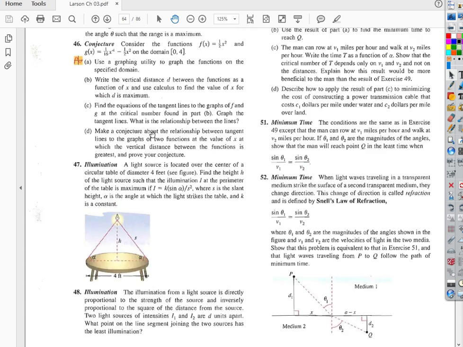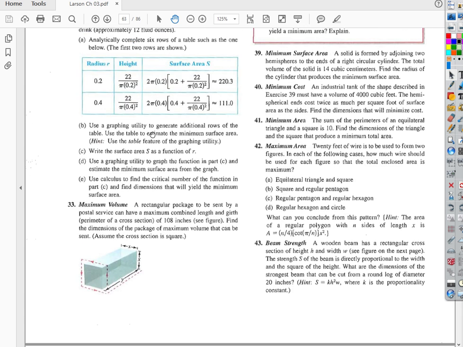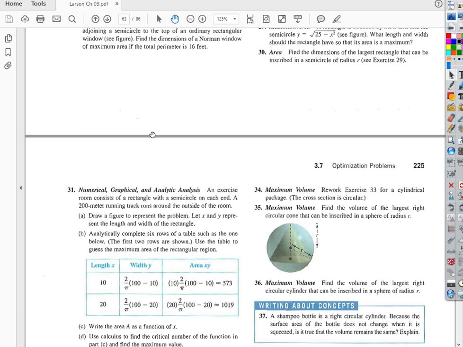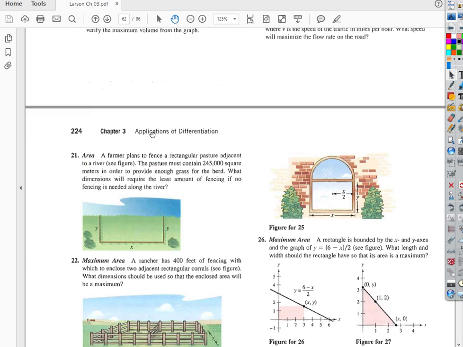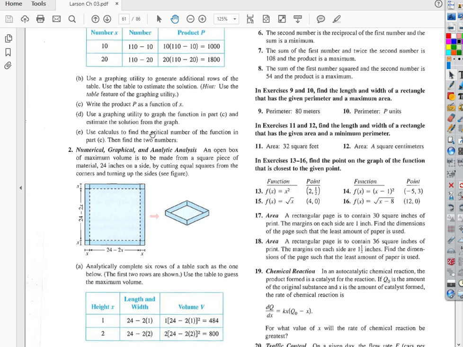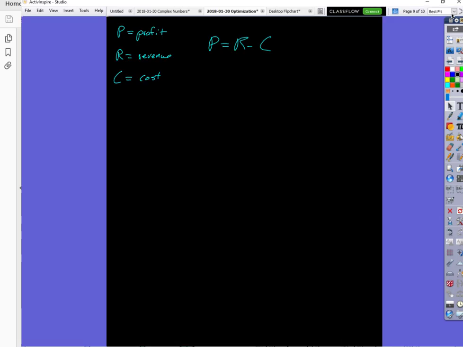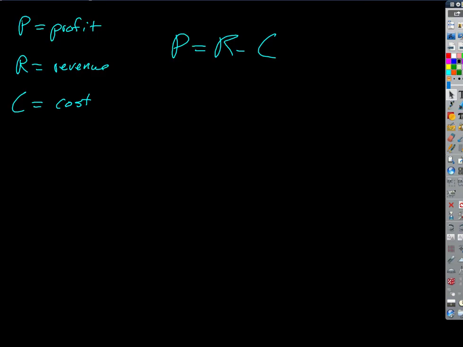One last try. Give up. Okay, well, here it is. Let's try this one. Okay,